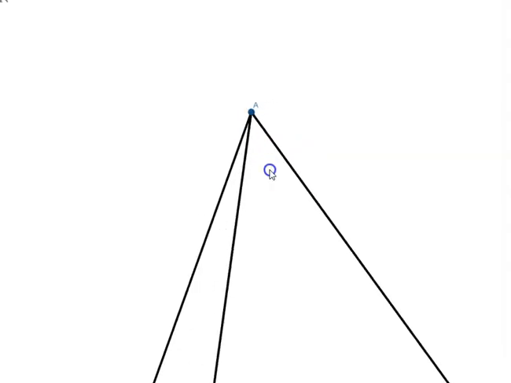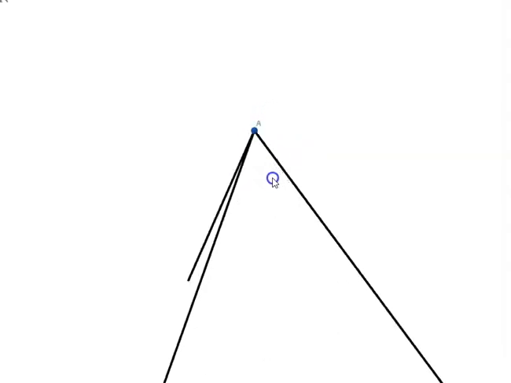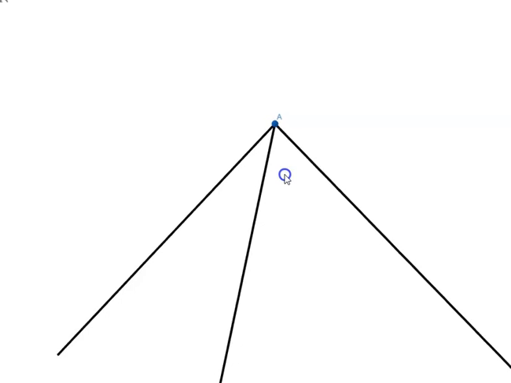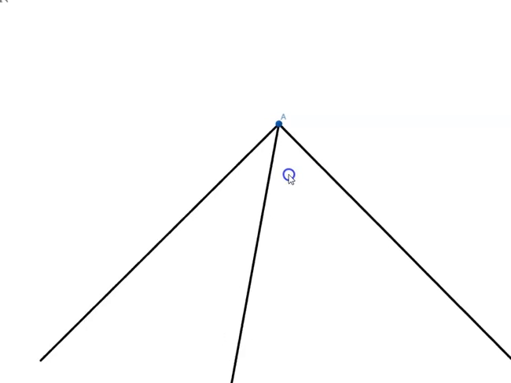Let us look at proposition number 21 of book 11 of Euclid's Elements. The proposition says any solid angle is contained by plane angles whose sum is less than 4 right angles. Let's see how we can prove that the sum of these three plane angles is less than 4 right